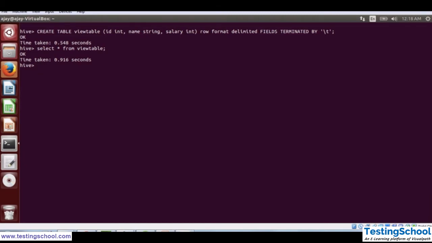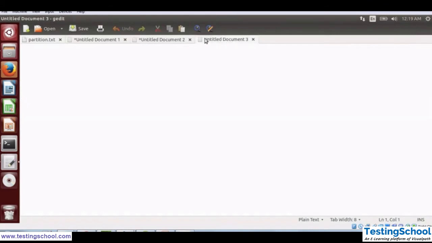So let's create data with ID, then tab, then name, let's say name 1, then salary, let's say 10,000, then 2, tab, name 2, salary 20,000, then 3, tab, name 3, then salary is 30,000.